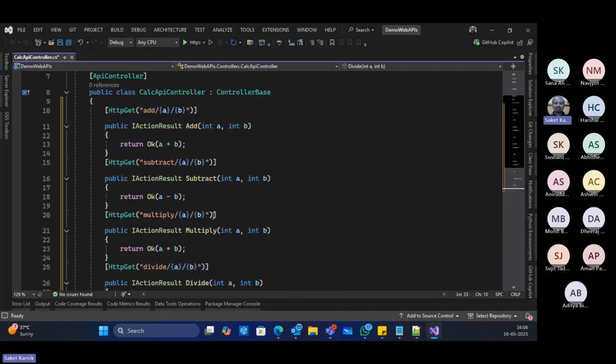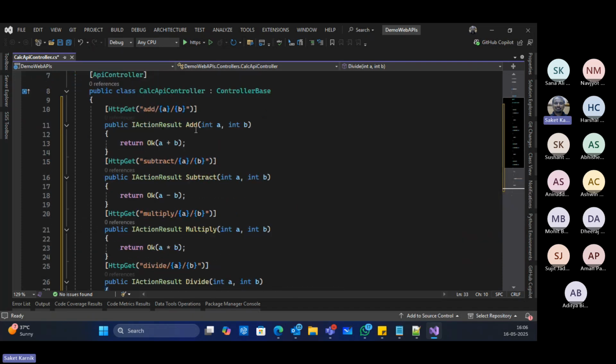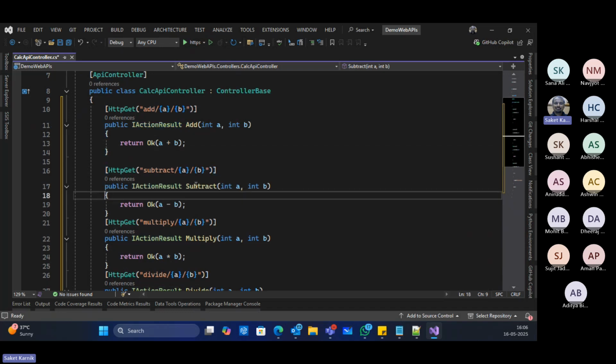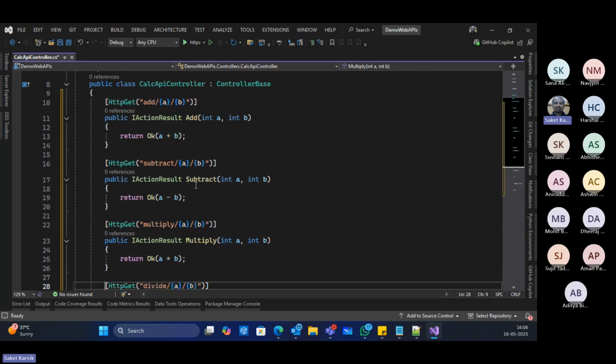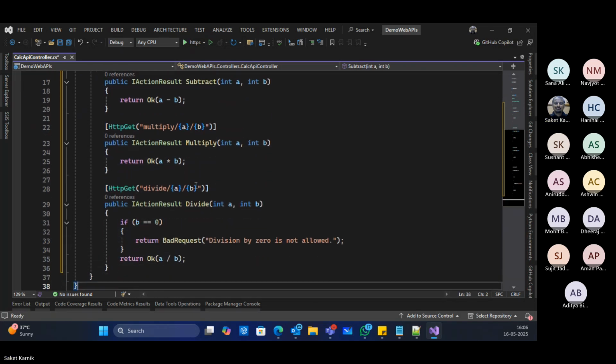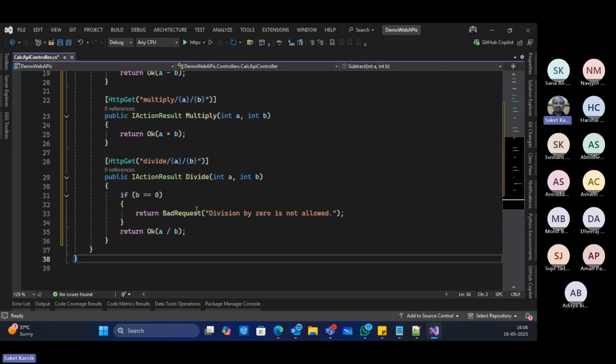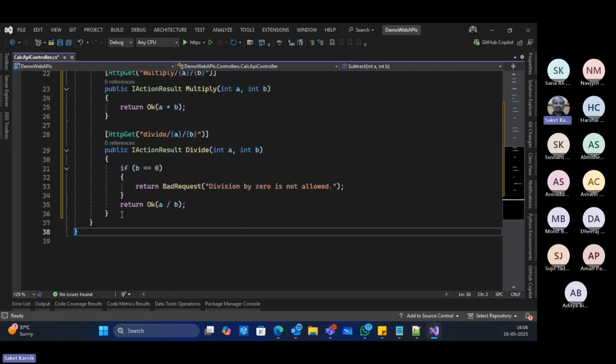So it assumed that I am going to have a method named add, which returns the sum of the two numbers, but as an HTTP status code embedded message, because the return type is IActionResult. It is by default making sure that all the implementation is giving you the true RESTful behavior, right? All four basic arithmetic operations are there.